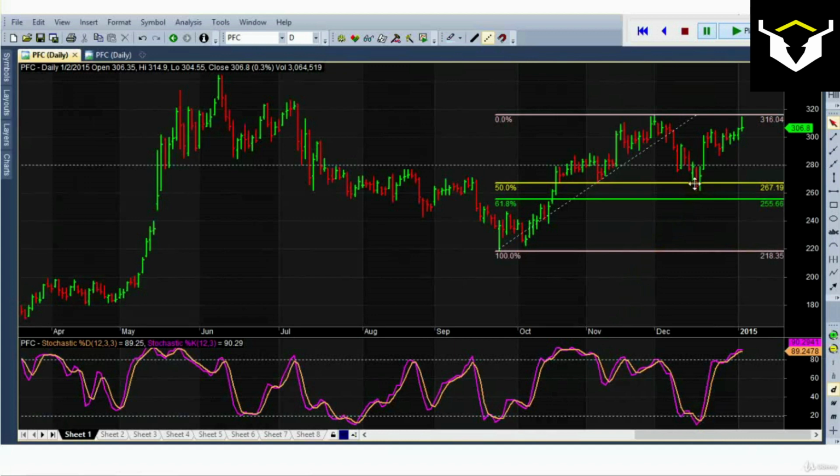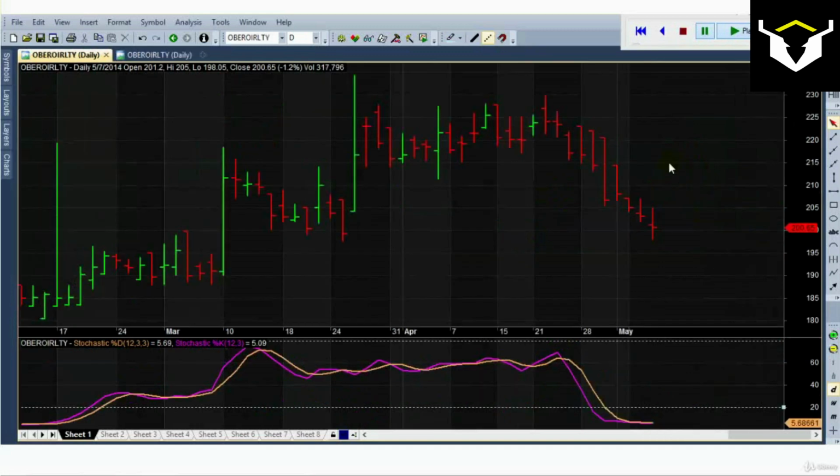Thus there were two things telling us that prices might find support at 260 and change their direction. First one was stochastic oscillator when it reached oversold zone, and the second reason was supported by Fibonacci retracement when prices hit 50% retracement. Our next example is Oberoi Realty daily data, and you can see as of the last